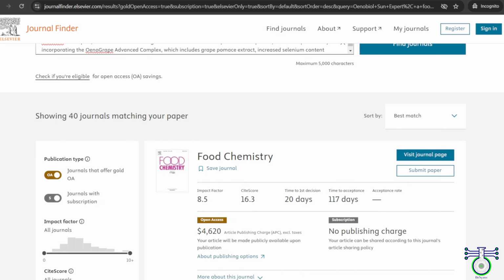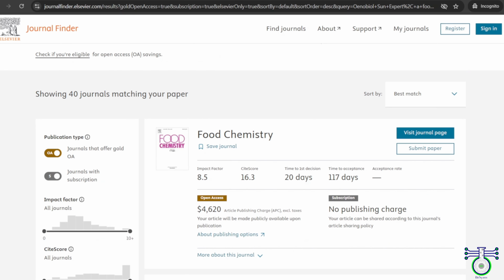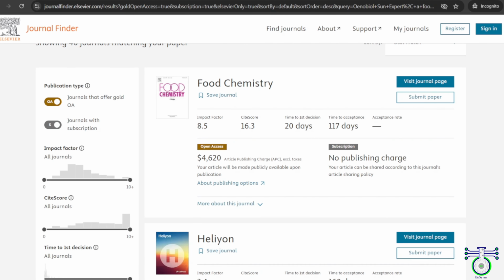So as you can see here, for the abstract that I have added, it shows that I can go and publish in Food Chemistry, and this is the impact factor. This is the CiteScore which is given, and the first decision time takes like 20 days, and the time to acceptance can go up to 117 days, and the acceptance rate is not given.